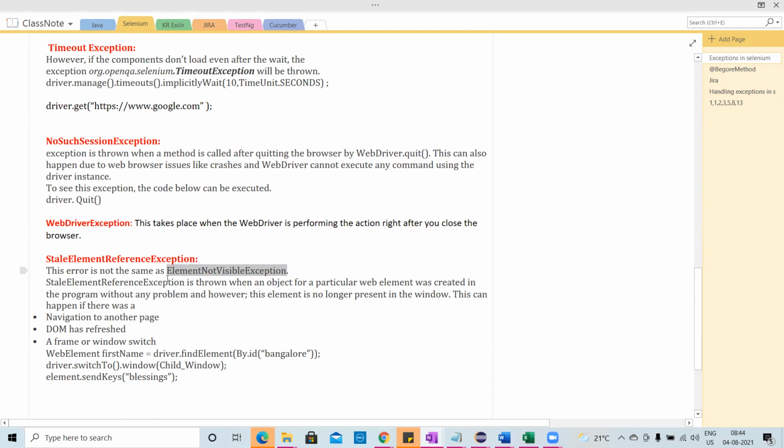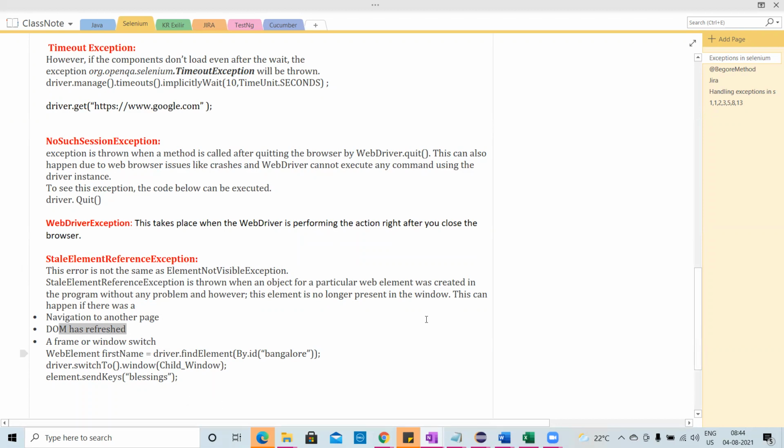Stale element reference exception is thrown when the object for a particular web element was created in the program, however, this element is no longer present in the window. This can happen if there was navigation to another page, or the DOM has refreshed. That means when we inspect, right, it has been refreshed, and that element itself does not exist in the DOM. In that case, you'll get stale element reference exception.